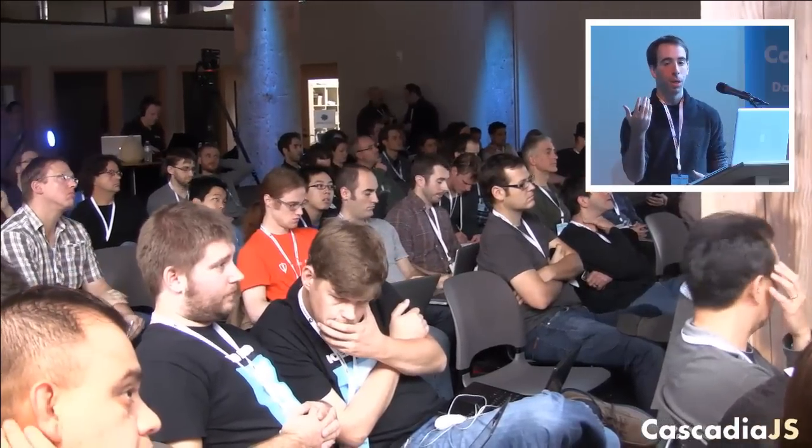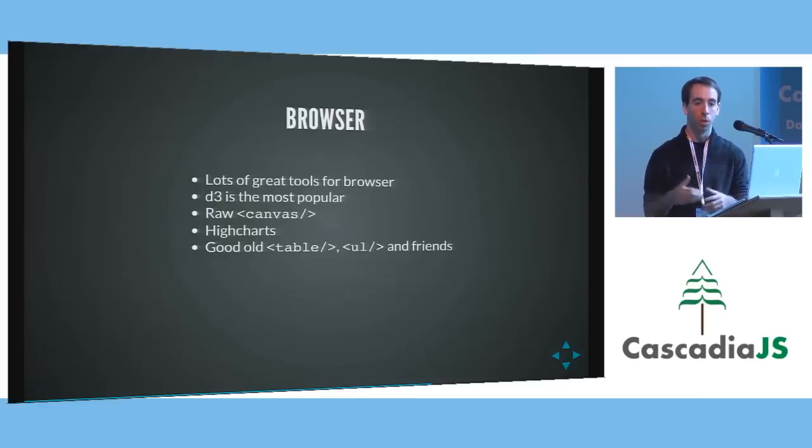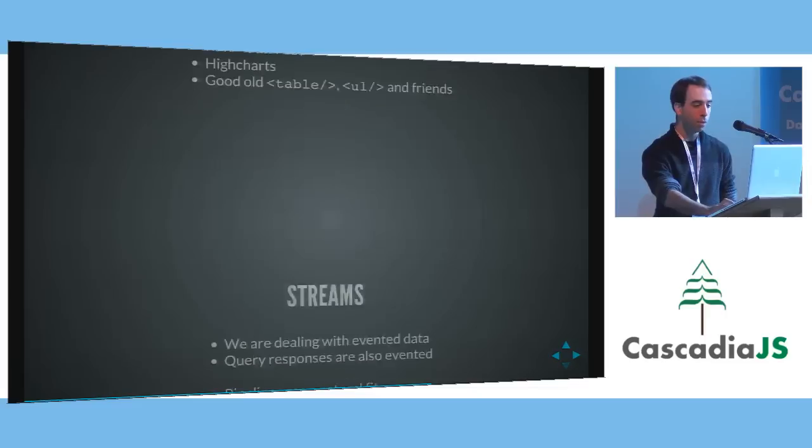You can build a really cool real-time heat map visualization of latencies using Canvas, and you wouldn't build it using SVG, just for performance reasons. Highcharts is also a very popular library. It's unfortunately commercial, so it's paid, but it offers very rich charts. Or you can just use a table or a list, and these are also options available to you.